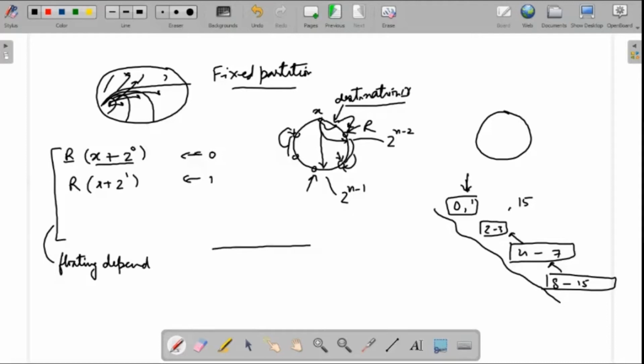This is very similar to what I told earlier: whenever this partitioning happens, if you are here, you will find the closest node here, and that entry you should be maintaining. I also explained the reason for this: the closest node here and the closest node there, and within its own partition, all the node IDs should be with you. So that's fixed partitioning. In the floating partitioning, the floating logarithmic partition, this will change depending on the value of X. This is the floating partitioning case.